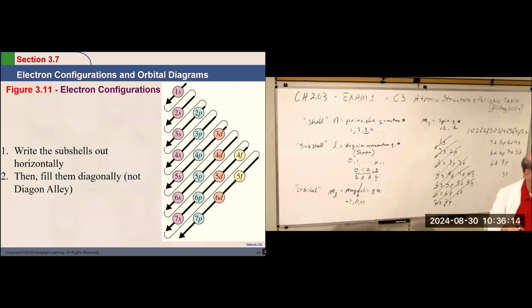Notice that the periods correspond to the principal quantum number n. So the top one is N1. The second one starting with lithium is N2. 3, 4 is potassium, 5 is rubidium, 6 is cesium. Okay? So that works for the S's and the P's. So if we go across from sodium, magnesium, aluminum, we go from those 3 S's to the 3 P's. There we go. And then we finish with these, we swing around to the 4 S's, potassium and calcium.